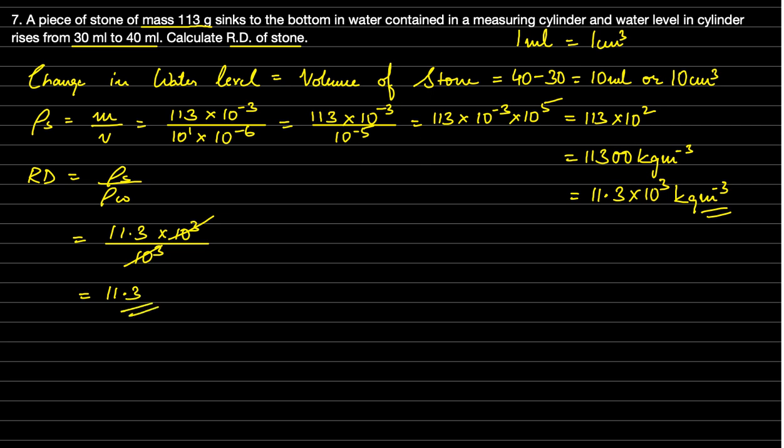Density of water, we need to memorize this, that is 1000 kg per meter cube, which can also be written as 10 to the power of 3 kg per meter cube. So I hope this question is clear. Now we would be getting into the next question, that happens to be the 8th question.